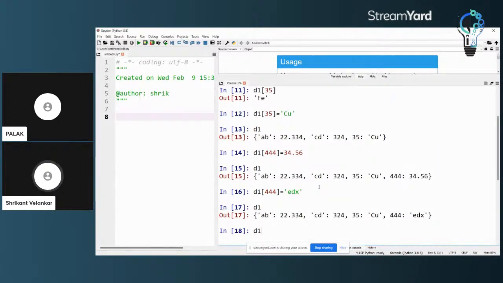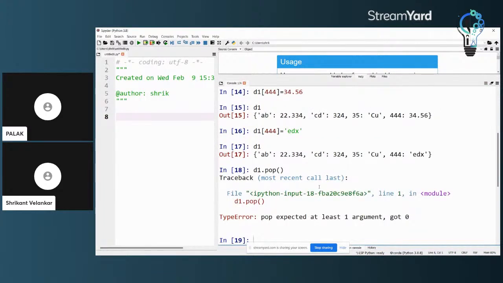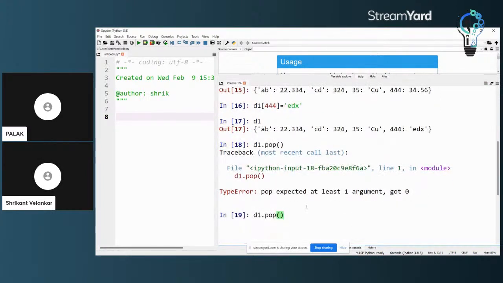If I say given dot popitem, you will see that it will pop out the last item put into the dictionary. We must have seen LIFO functions like push and pop in some previous languages, mainly in assembly languages.